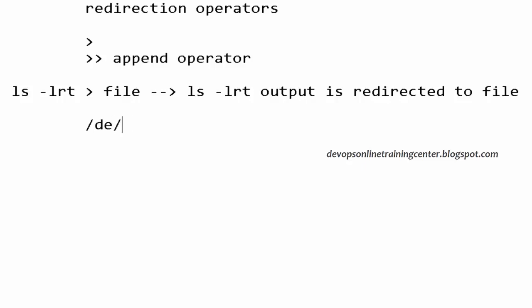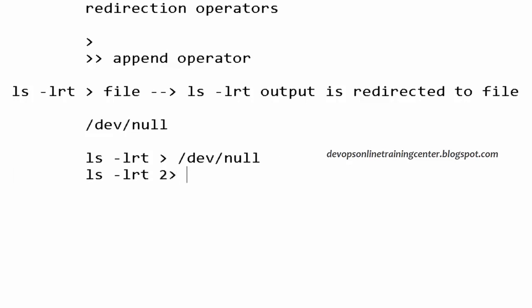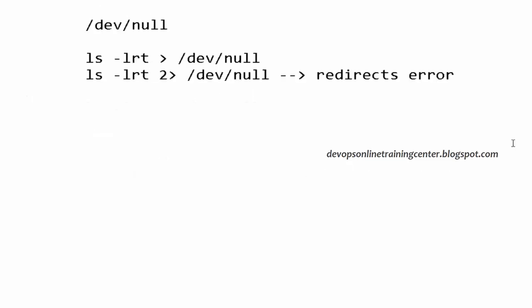And /dev/null is an output file, which is like a null device. We can redirect whatever we want to it, and it will not store. So all the error messages, all the outputs, we can redirect to /dev/null, right? So this will redirect the output of this command to /dev/null, and if there is an error, it will again throw on the console. If you also want to redirect the error to /dev/null, we have to give 2>. This will also redirect the error. Okay. Is this clear?